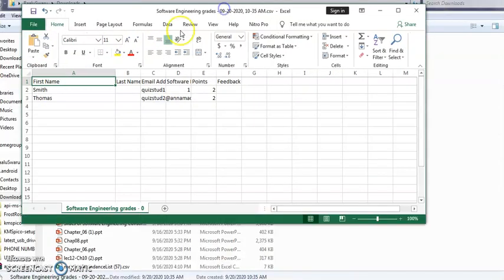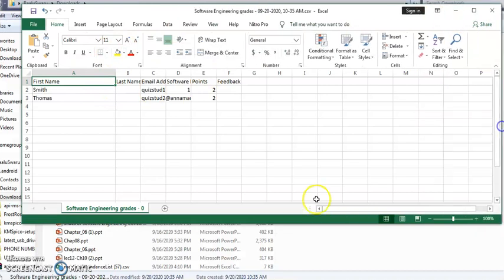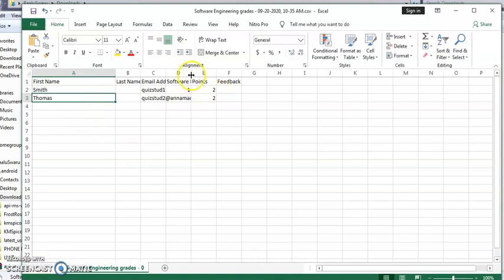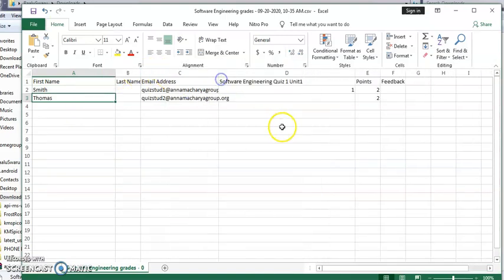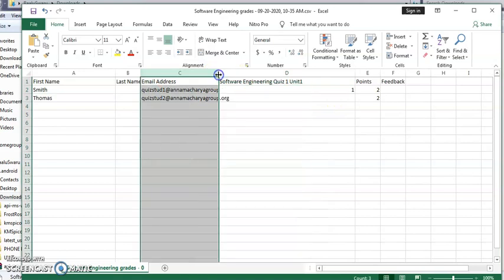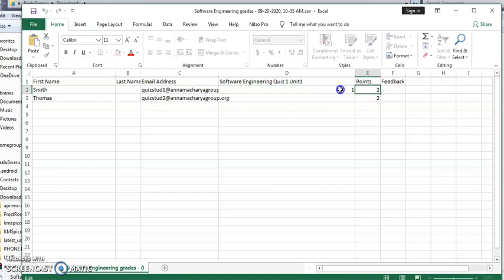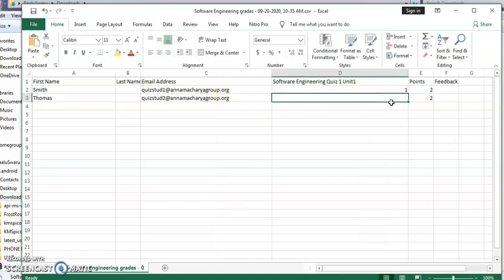Okay, one student has not answered it. His name is Thomas. He did not answer, but one student has answered it, so he got 1 point for that. So this is 1 point. You conducted the quiz for 2 points, he got 1 point. Okay, but the other one has not answered it, that's why he is not given any grade. So that way you can have all the students' grades here. You can save it for your future reference.